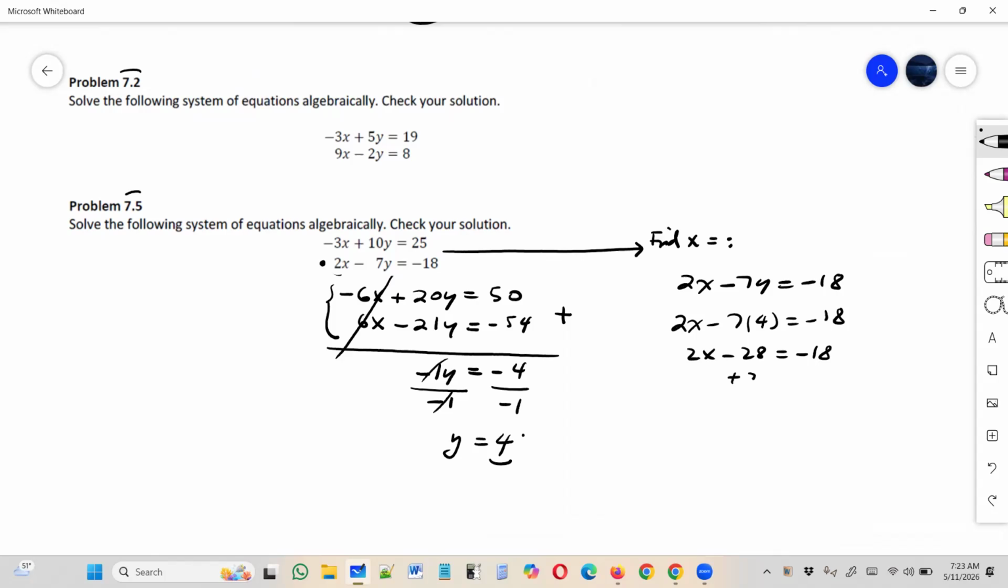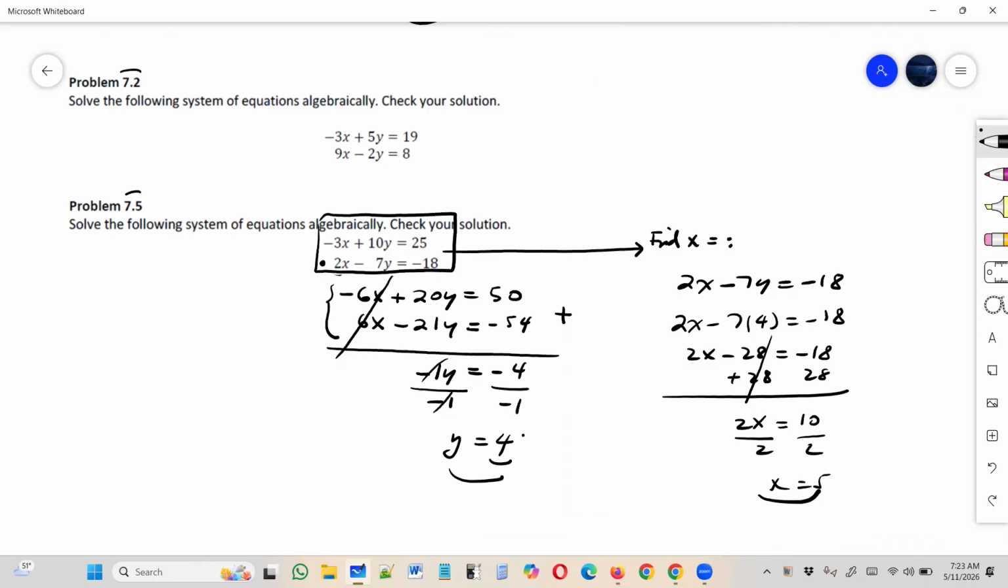We're going to add 28 to both sides because we have to isolate the variable. 28 minus 18. And we're going to divide everything by 2. And again, I have a unique solution, x equals 5, y equals 4. Again, remember, if you wanted to check, you get x equals 5, y equals 4, and you're going to